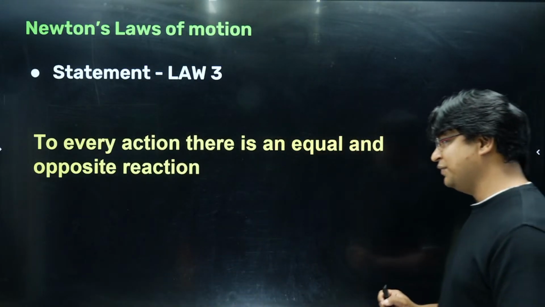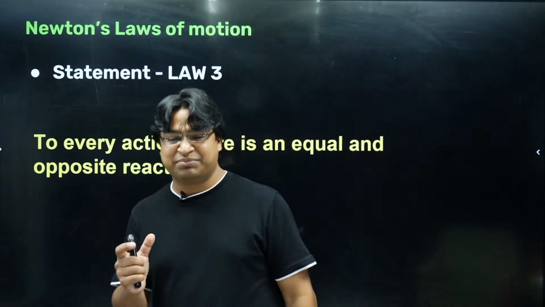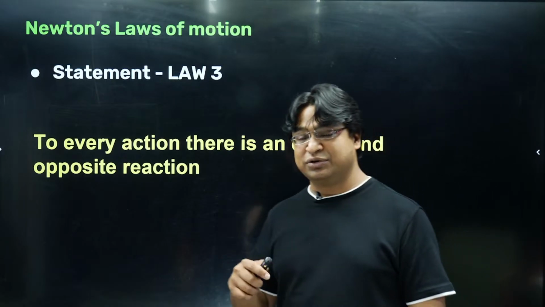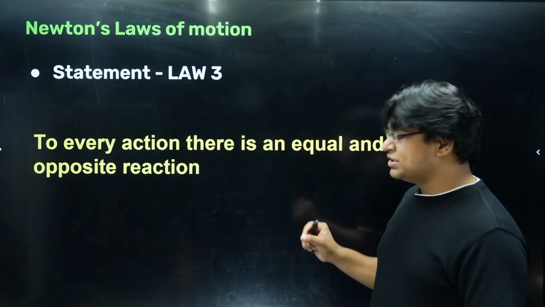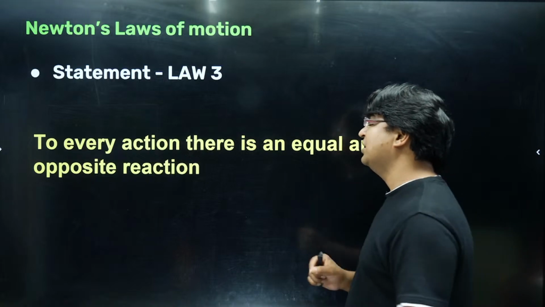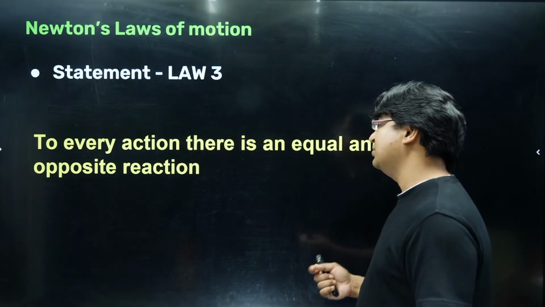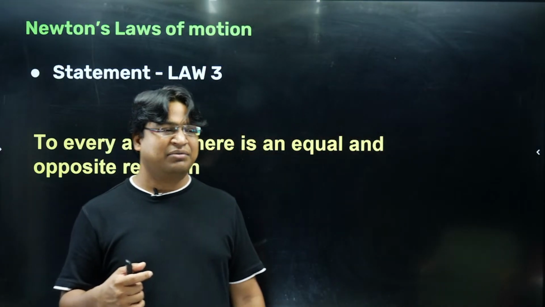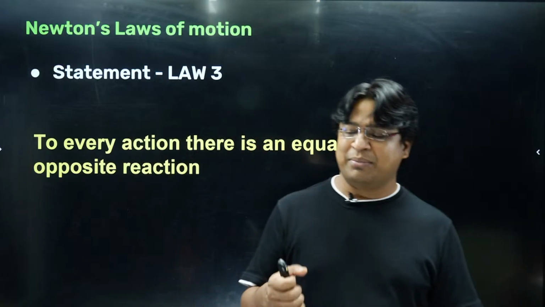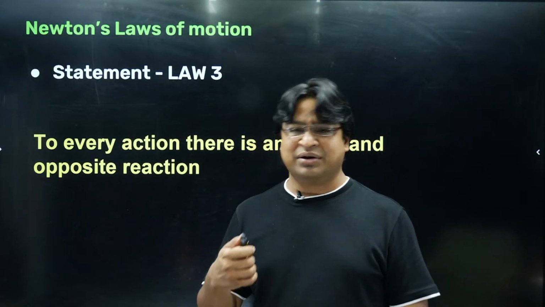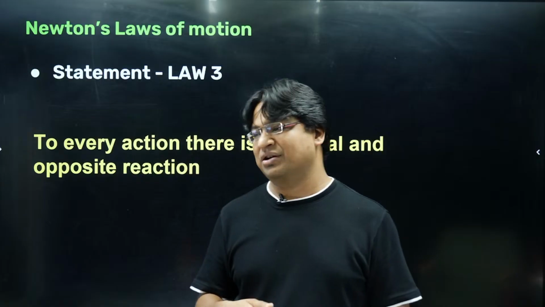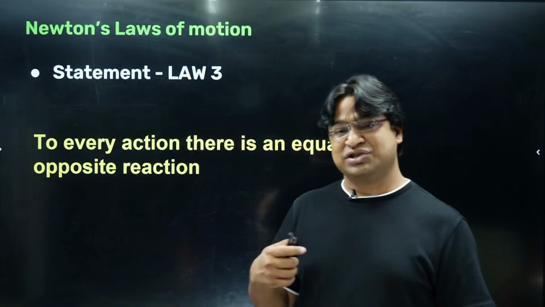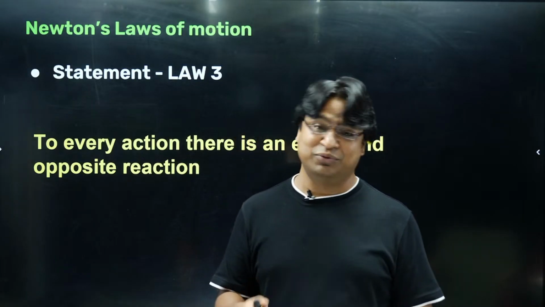A very beautiful statement, a very terse, very concise statement, and a lot of information is hidden in it. We need to talk about it. So the first thing that I would like to mention here is that to every action, there is an equal and opposite reaction. Sometimes I've seen teachers giving examples like, you asked your mama for a pizza and your mama scolded you because it is junk. So the act of asking for pizza was the action and the scolding that you got was the reaction, but that's a very poor example.